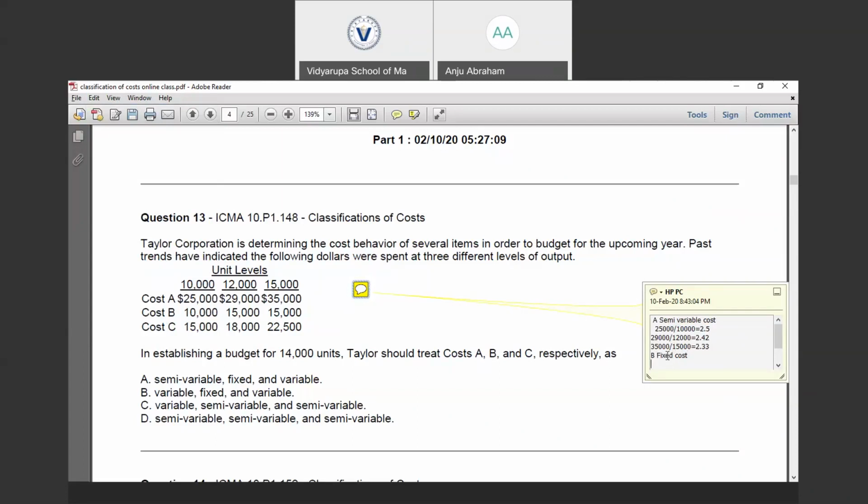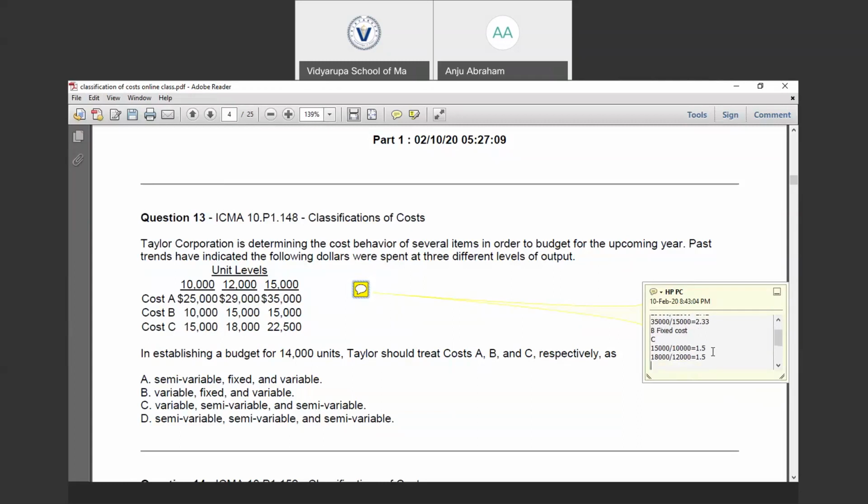Let's check what is C. In case of C, we know that at 10,000 units, the cost was 15,000. So 15,000 divided by 10,000 is going to be 1.5. At 12,000 units, the cost is 18,000 divided by 12,000, which is 1.5.